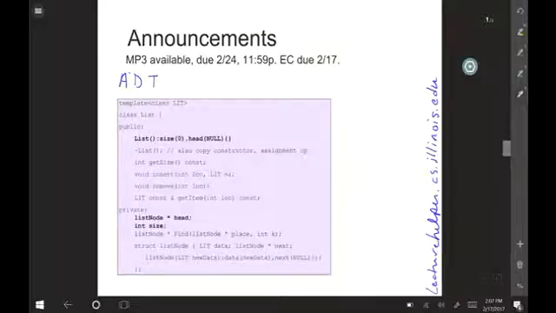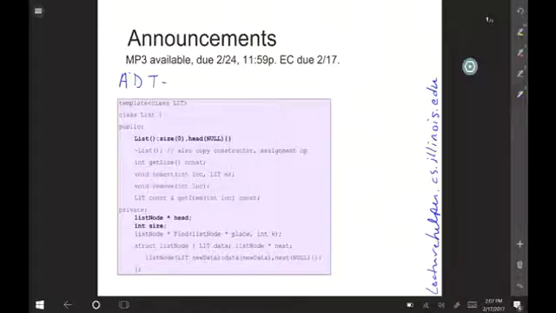What does the D stand for? Do you remember? Data, that's right. Abstract data type. An abstract data type is just a description of the functionality of some model of computation. I usually refer to it as a data structure.